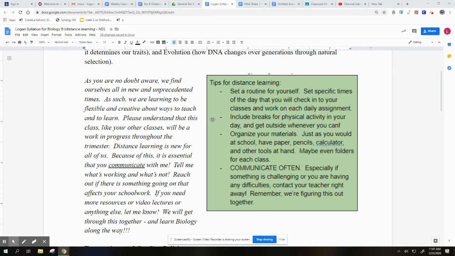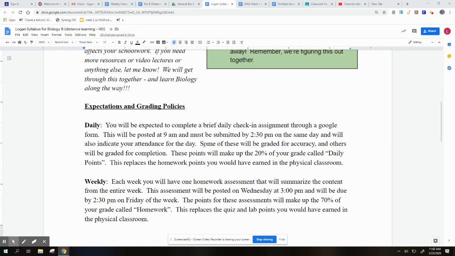Okay, guys, you need to set up your routine for yourself. So make sure you guys know that you're going to have to do school every day. Make sure you know when your due dates are. Make sure you're going to Google Classroom, all those different things. If I was you, I recommend setting up an area, guys, just so this is like your workspace. Okay, whether that be a table, a desk, a ledge, something to make sure that you understand, like, yep, when I'm here, I'm working. Okay. Now, you're still going to need paper and pencil for this class, guys, because there's still going to be note sections that have to be written. Now, enough talking. Let's scroll on.